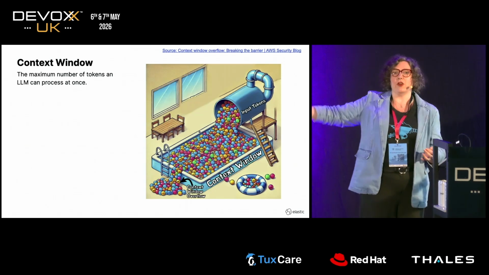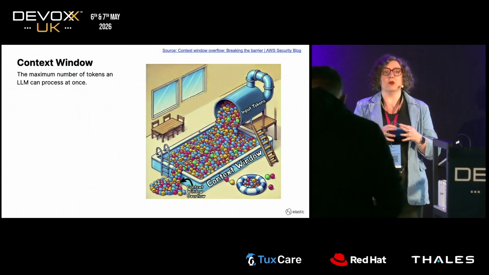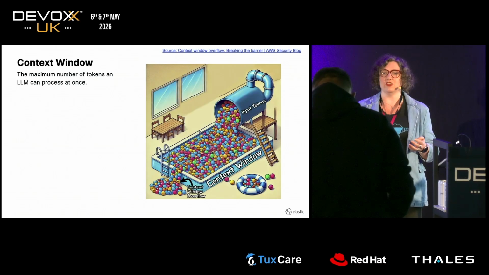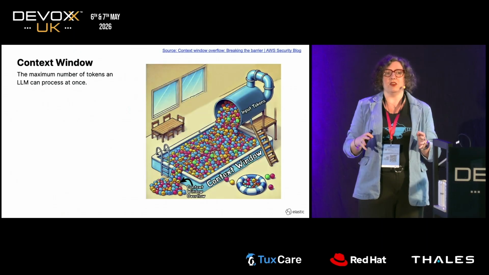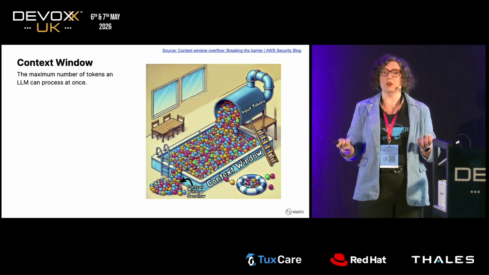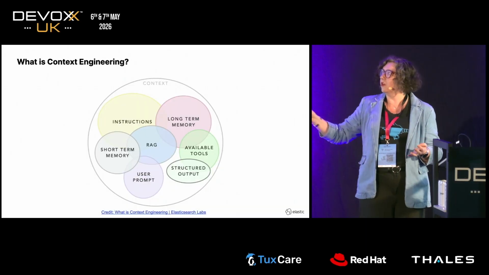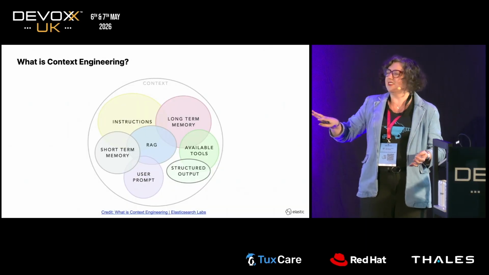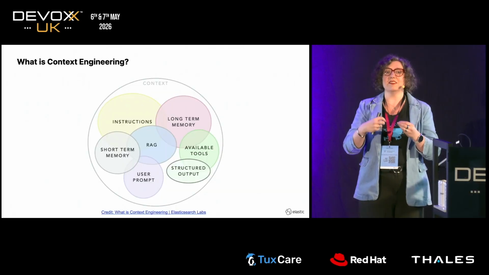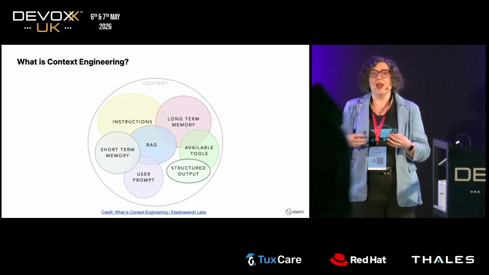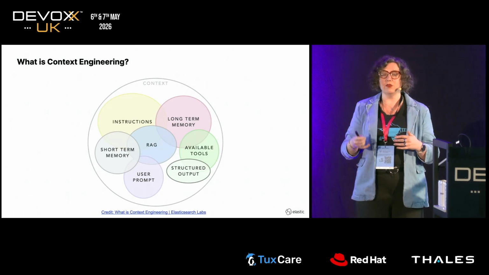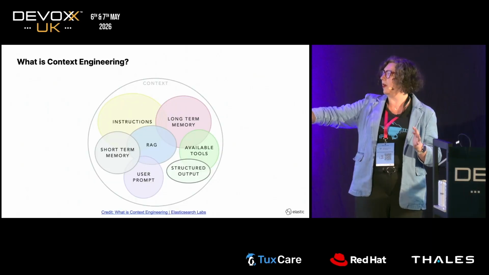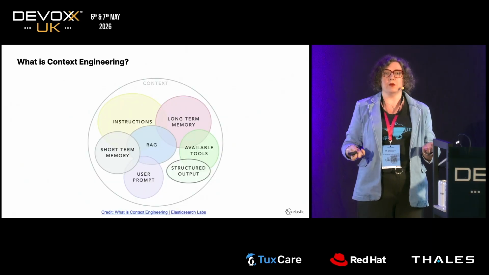But thinking about this entire pool, the quality of the data that we put into the whole context is going to have an impact on what the agent does. If you put in information that's incorrect, if you poison it with problematic context, all of these things are going to lead to your agents doing the wrong thing or not what you expect them to do. And that's what context engineering is for. So this is a set of techniques that we can use to pass in relevant context into our systems. And they vary from things like the user prompt, the instructions that we write for our systems themselves, RAG, which I think half of us knew about, tools, memory, and also the outputs as well.